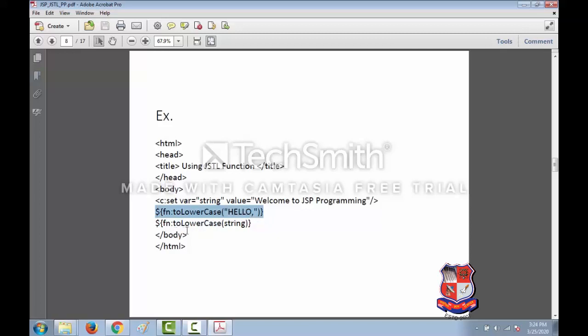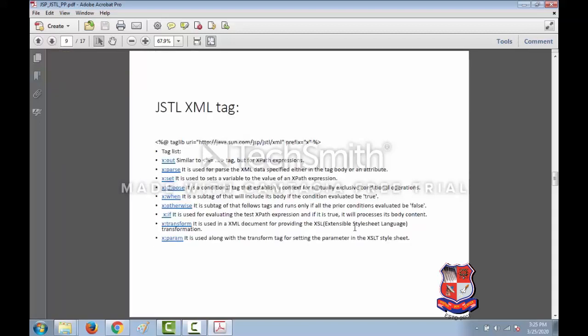Now with the function toLowerCase we are going to pass this string, and it will convert the whole string into lowercase, meaning W, J, S, P, and this programming P would be in lowercase. So this is how we can use the function tag library.